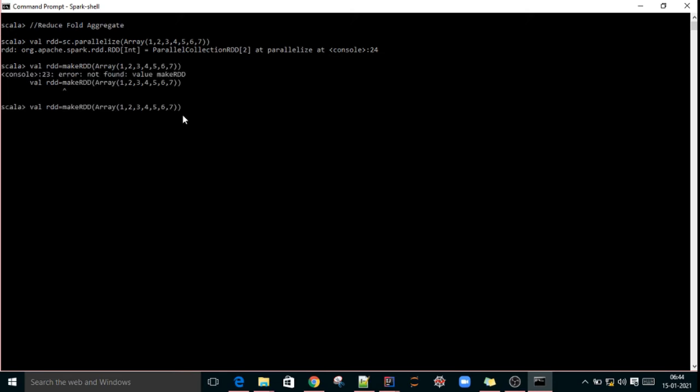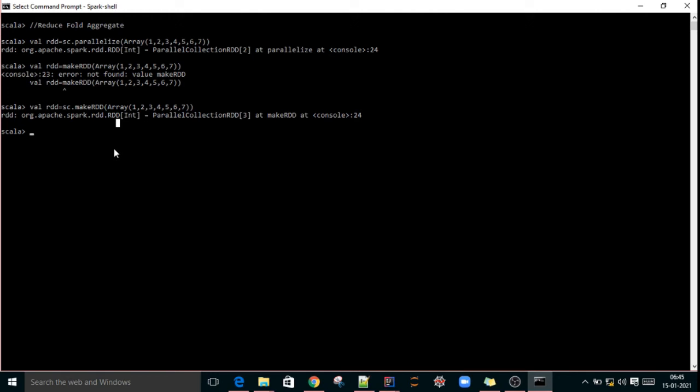Sorry, we missed the Spark context: sc.makeRDD. This is also fine. See, in this way also we can create an RDD. This is an RDD of integer. Parallelizing a collection also creates an RDD. So now one RDD is there.